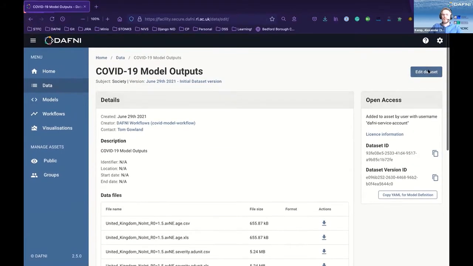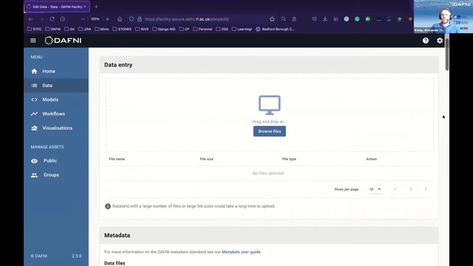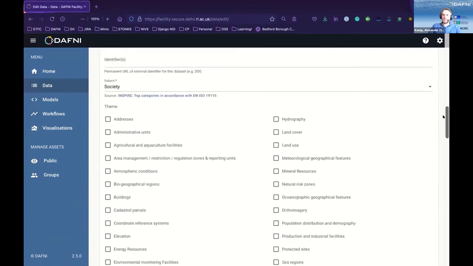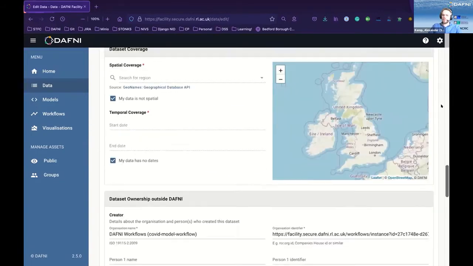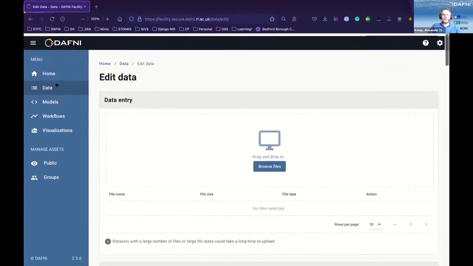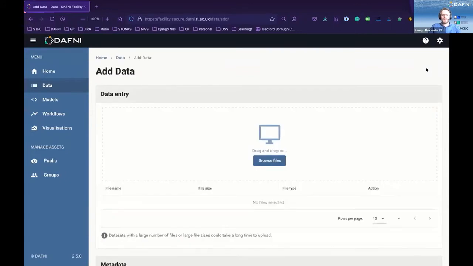We can edit that data set. Now I can edit this because I've been given read and write permission, and I can add some more files and change any of the metadata. We'll go and have a look at adding a data set now, and you can delete the data set and versions down there. So going back to the data page, we can click add data,